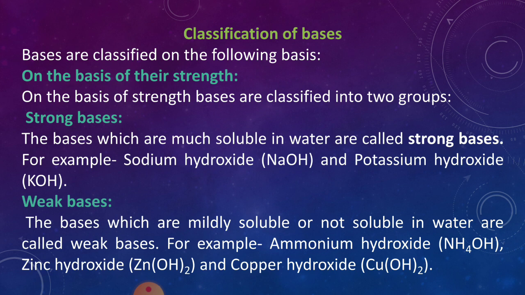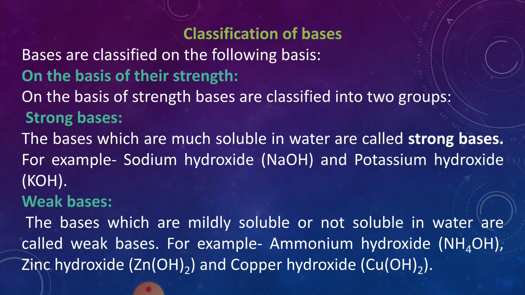Bases release OH minus ion, acids release H plus ion. Acids release positively charged hydrogen ion, and bases release negatively charged hydroxide ion. So if bases are soluble in water, they will dissociate, break down, and release negatively charged hydroxide ion, that is OH minus ion,